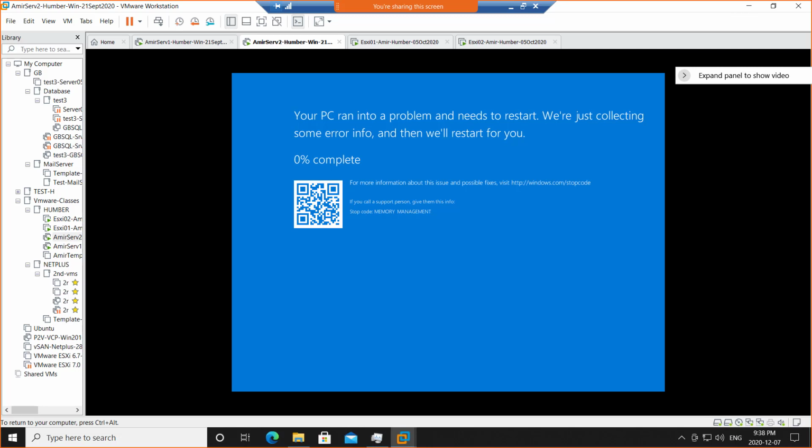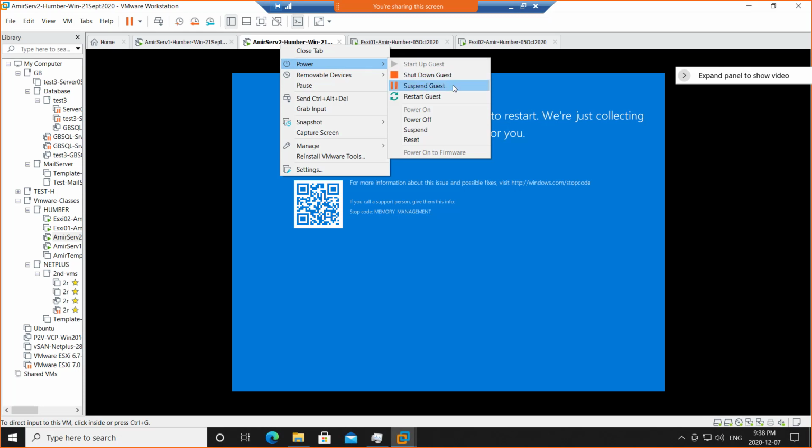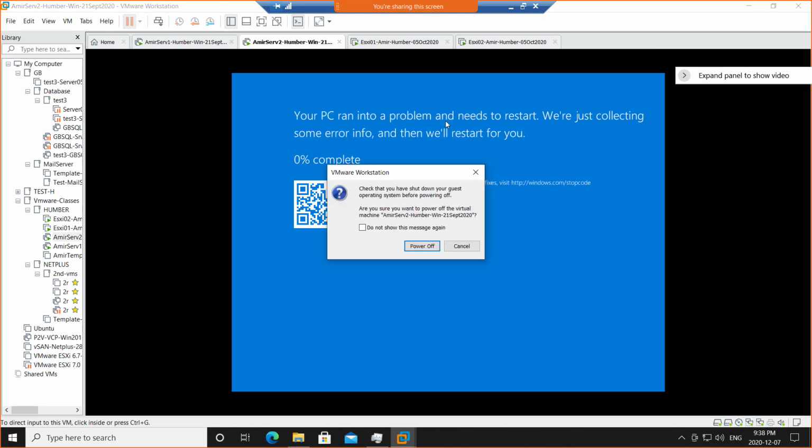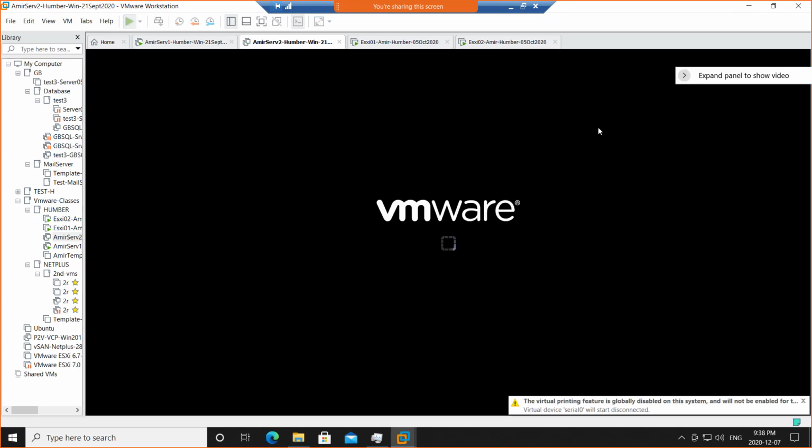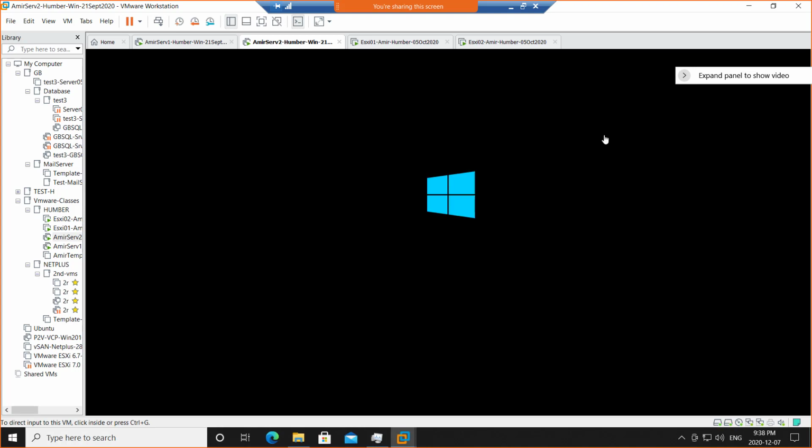Oh no, blue screen of death. Memory management, okay. Should not have gone for memory management now. Very, very bad move from my side. I just increased the memory just now. Okay, I'll power off this one and I'll quickly power on, because there was an update being installed, and after power on it's gonna take my new RAM configuration. Normally I have changed the RAM while the machine was powered on, and it worked fine, but this is what I did.